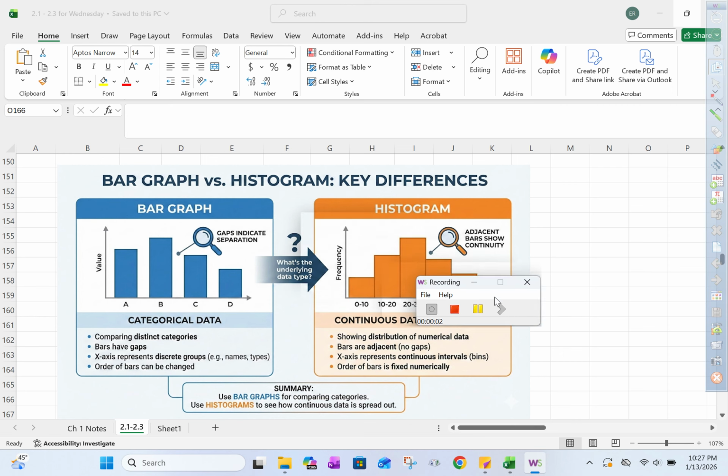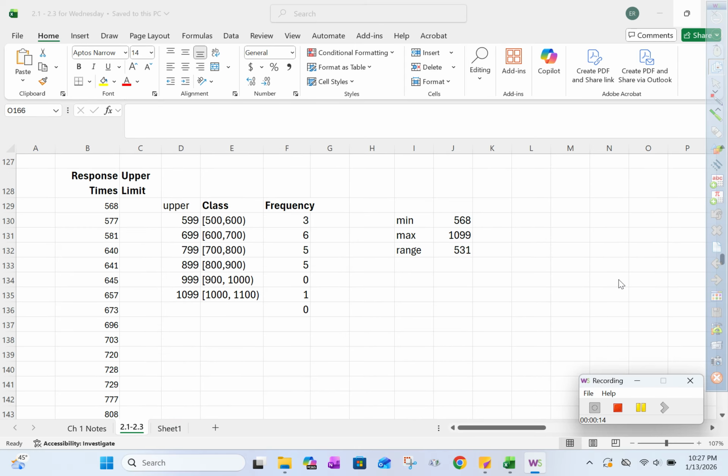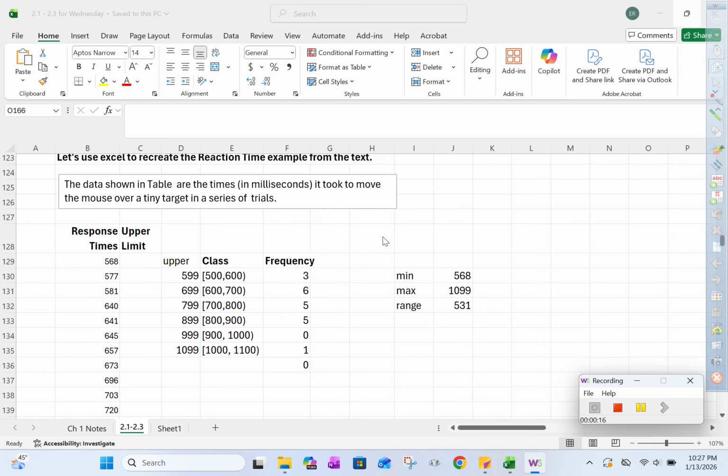Alright folks, last class we ended by just working through a frequency table, but we talked a lot about how to organize and display different data types. So the last thing we did was work with this reaction time frequency distribution, and it ended up being a continuous quantitative distribution because we said we didn't want to separate these